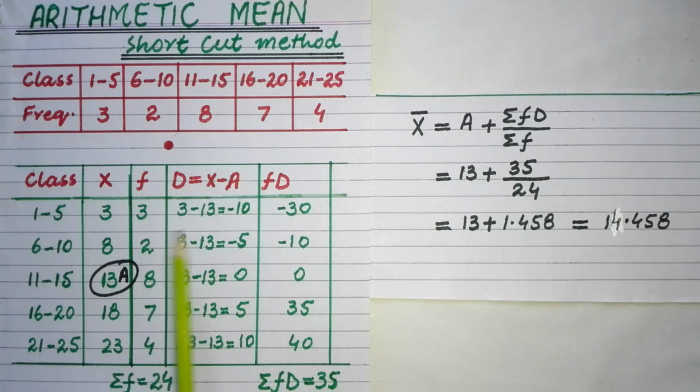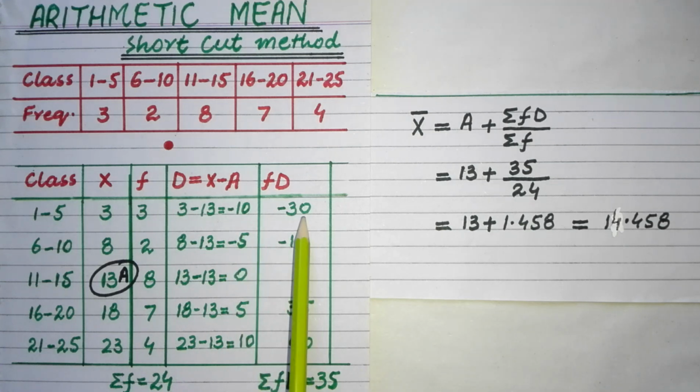And dear students, after this column in this data we add the column of fd. And to find the value of fd of a class, we take its frequency and multiply it by the value of d. So first class, its frequency is 3 and when 3 is multiplied by its value of d